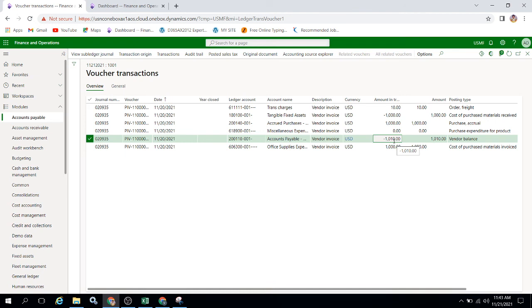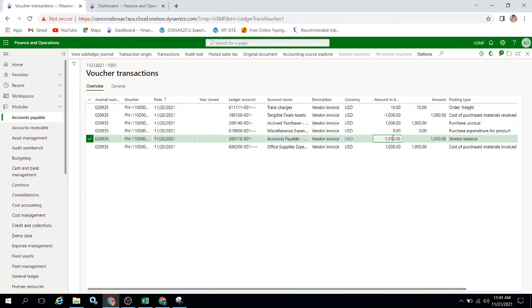The item cost is 1000 rupees, 1 unit we purchased, so 1000 we need to pay to that vendor. Including that, the 10 rupees charges also arise because the vendor provided services to us.